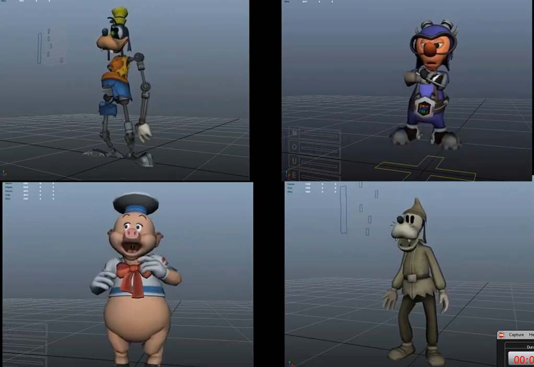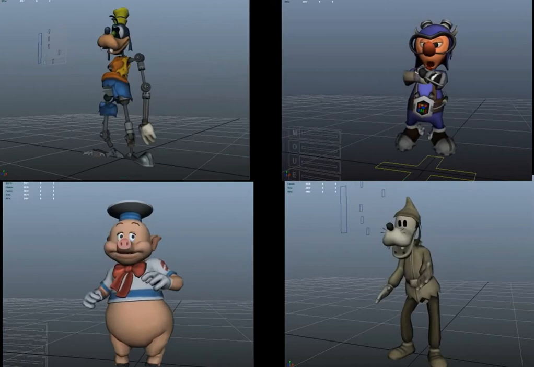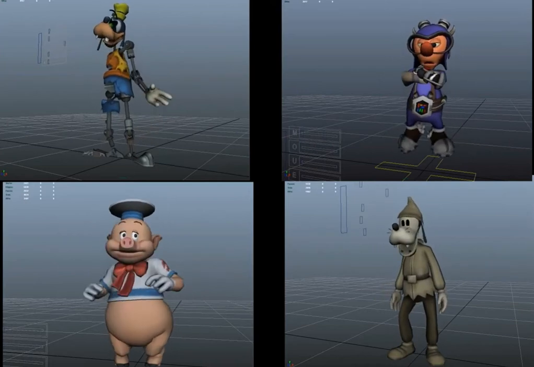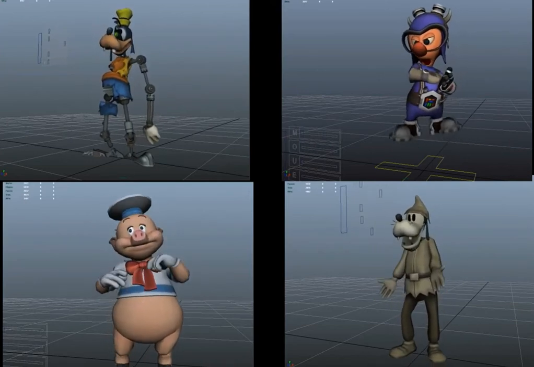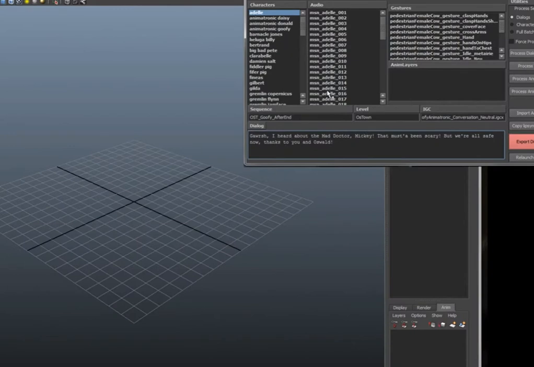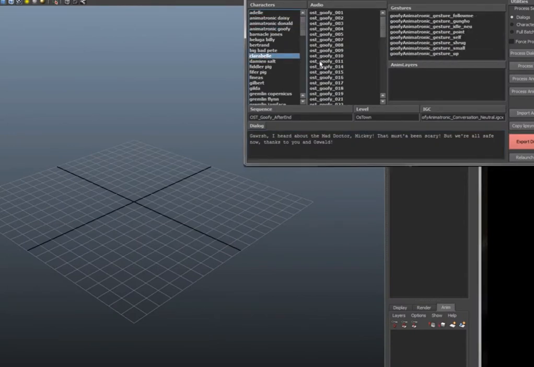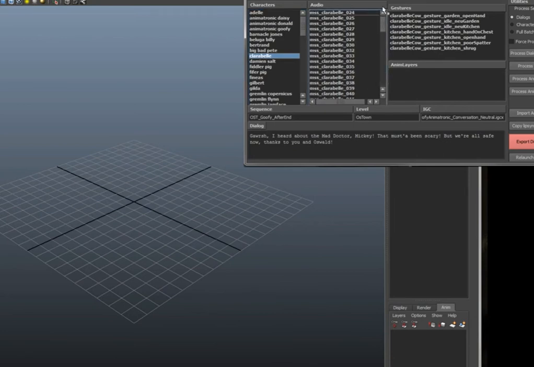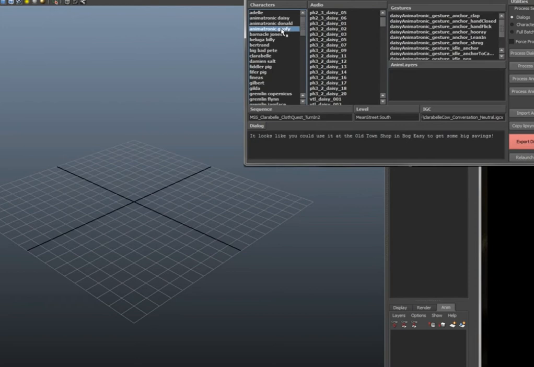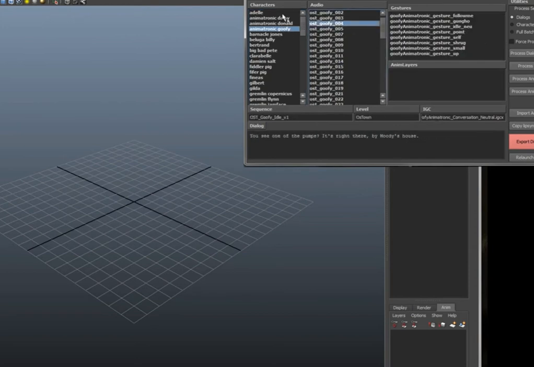With the end of production for Epic Mickey 2 rapidly approaching and 2,000 lines of dialogue still needing animations for the game, we had to develop a process to help create all the dialogue content in a timely manner while still having the best performance possible. This tool was written up to help streamline the process by tracking down and compiling all the dialogue information from